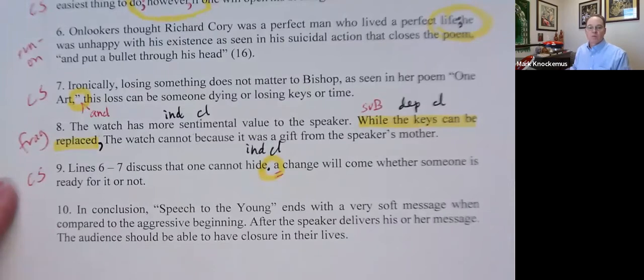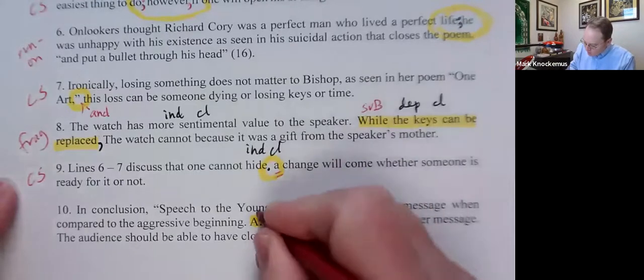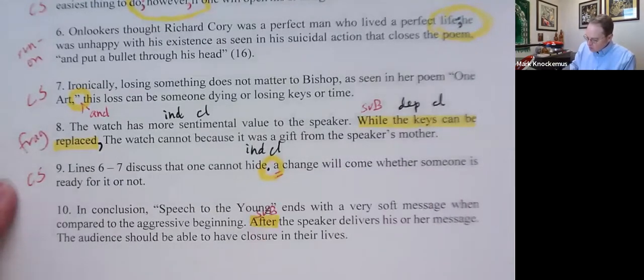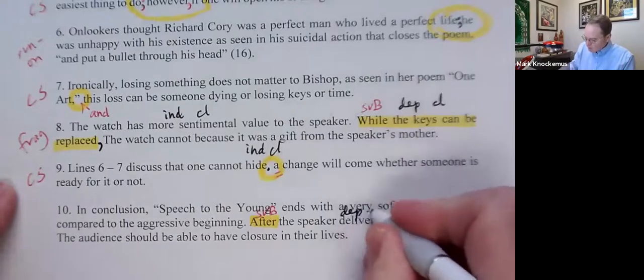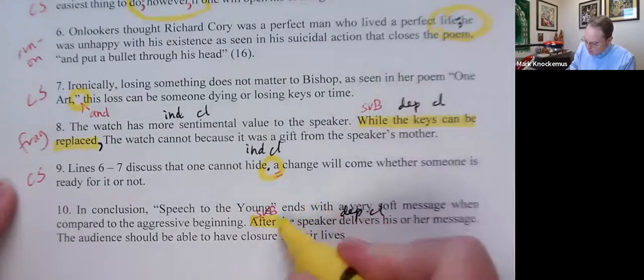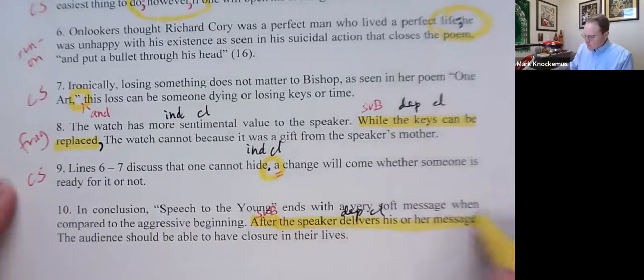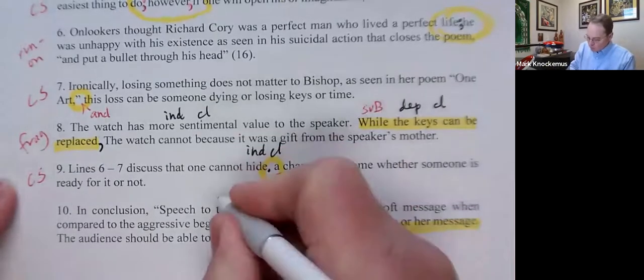Then in number 10, last one: In conclusion, speech to the young ends with a very soft message when compared to the aggressive beginning. After the speaker delivers his or her message, the audience should be able to have closure in their lives. What do we see here? This one is like number 8. We have a subordinating word beginning a dependent clause, right? So there we have the fragment, and as before,